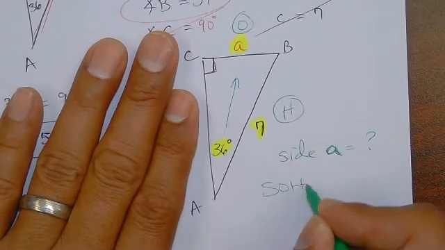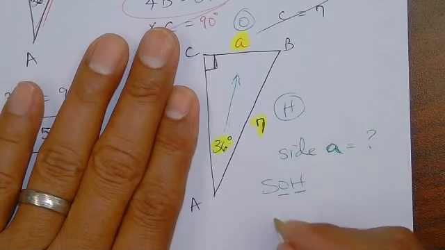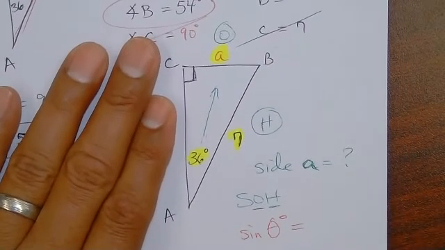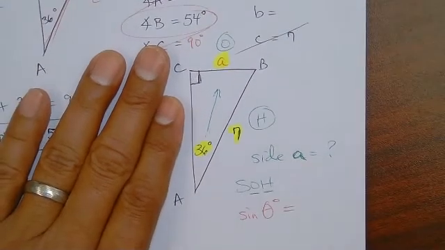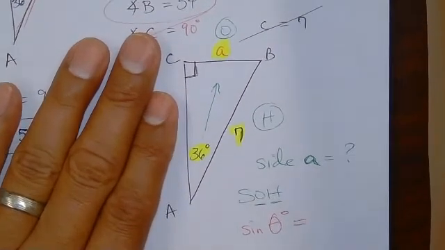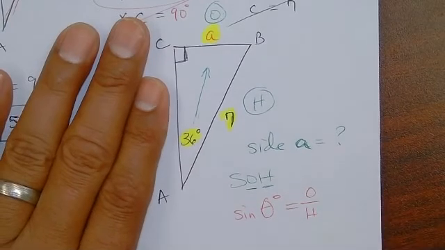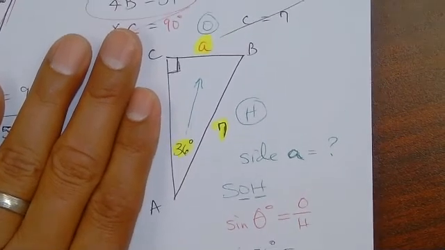Does everybody agree it's the O and the H? Yeah, that's sine, right? Sine of the angle is equal to O over H. So you're going to set this up, and then you're going to find